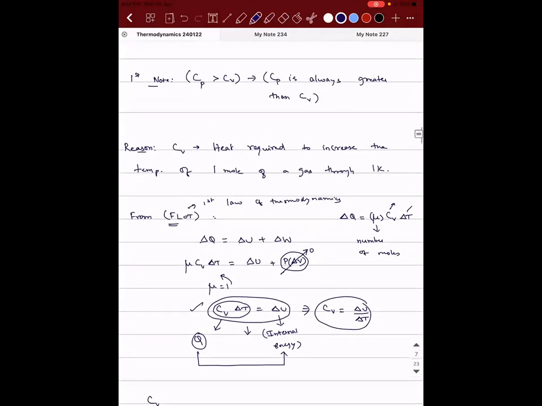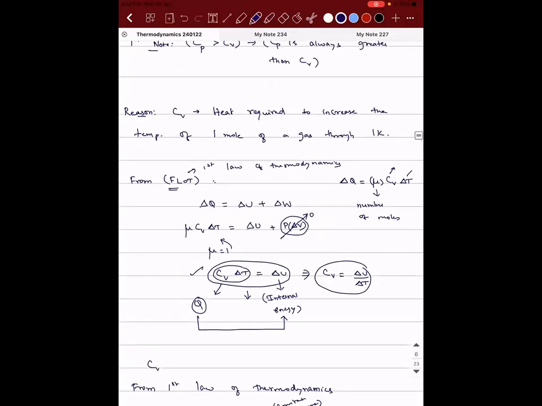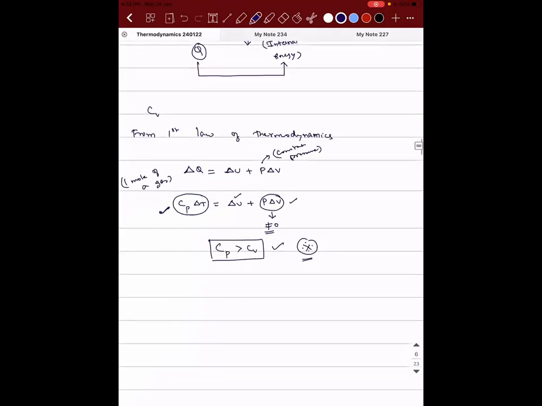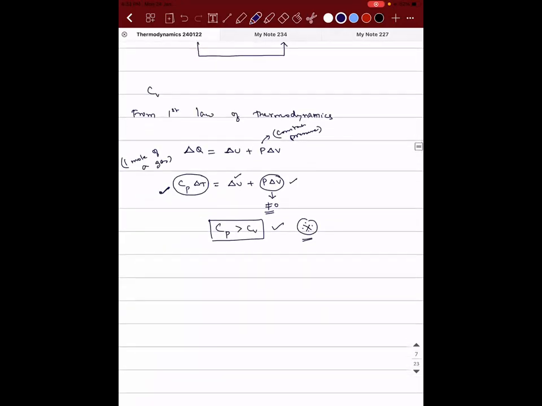Sir, even though we are using the heat energy only for changing the internal energy, in the second case, if the internal energy of the system is less, then the sum of internal energy as well as the work done is less than the first case, then what will happen, sir? That will never happen. That will never happen because if you have a cylinder which is fitted with a piston,